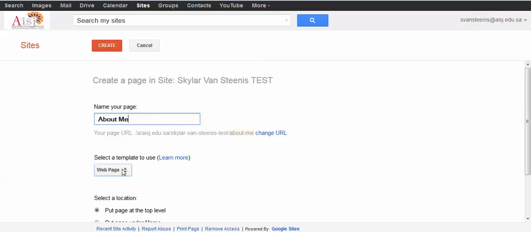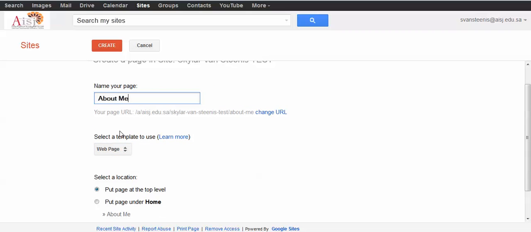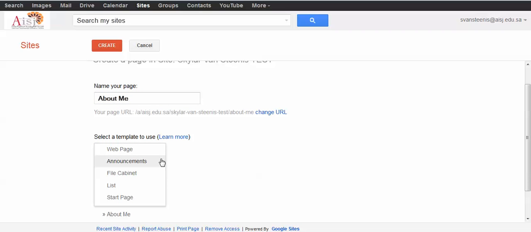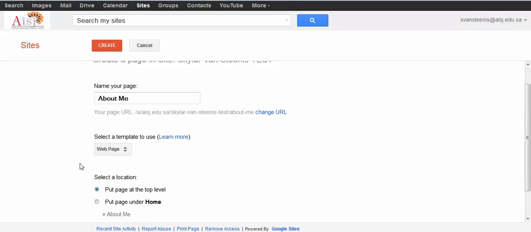Alright, now this is going to also be a web page. However, you can see that there's a variety of different templates that we can choose from. You can choose web page, you can choose announcements. This is kind of like a rolling blog file cabinet where you can update or upload PDFs or other files. You can have a list. This is good for including links for things that you want to organize in a list style fashion, and a start page like a new home page. We're going to choose web page for this one,